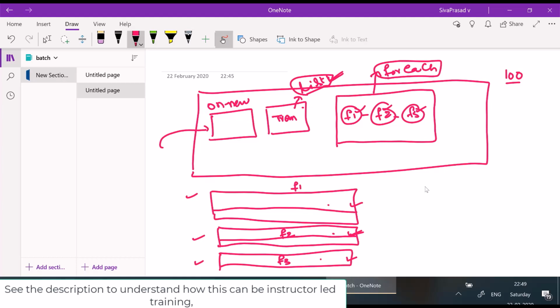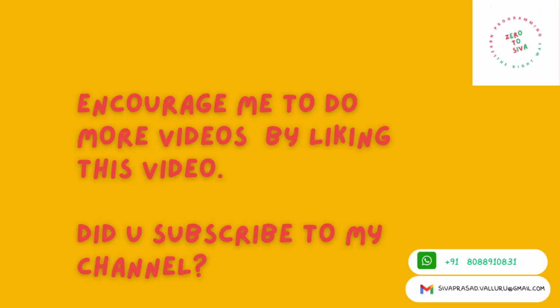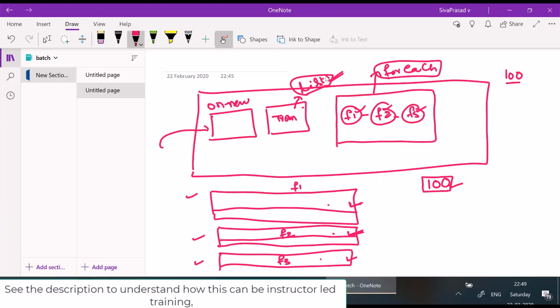So maybe up to 100 record failures, I don't want to stop the processing of the other records. If more than 100 records are failing, meaning an exception is thrown in any one of these flows, what I may want to do is stop further processing of the records in this list. So what I could do in this case is have an error handler in each of these flows